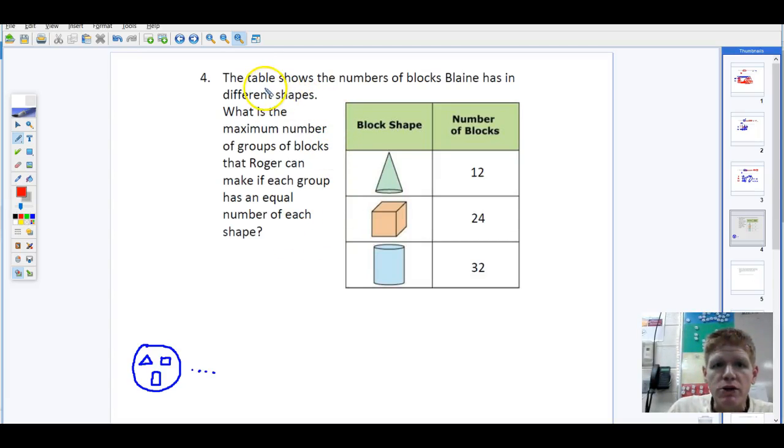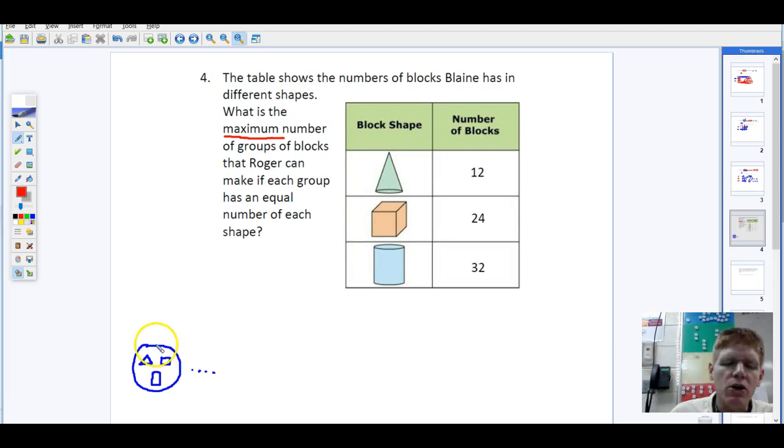All right, number 4, we are doing a word problem. The table shows the number of blocks Blaine has in different shapes. So he has all these different shapes. What is the maximum number of groups of blocks that Roger can make if each group has an equal number